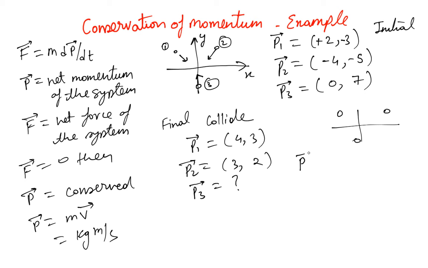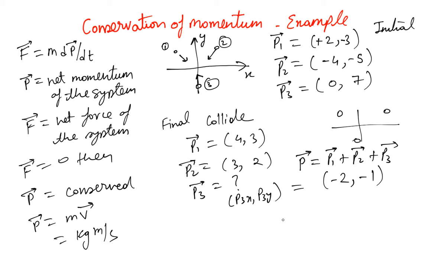We know the net momentum of all the particles is p1 plus p2 plus p3, that is we add them vectorially, and when we add vectors, all the x components add up and all the y components add up. So the net p is equal to minus 2, minus 1 initially. Let's say p3 is p3x, p3y, the Cartesian representation of the p3 vector. Then we expect